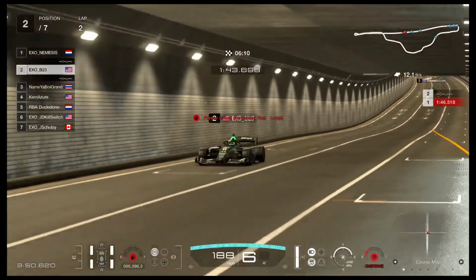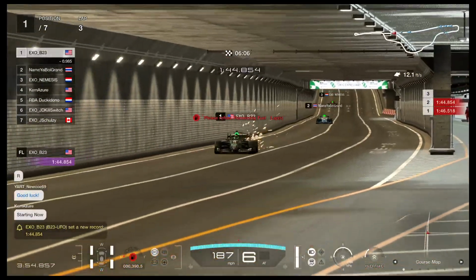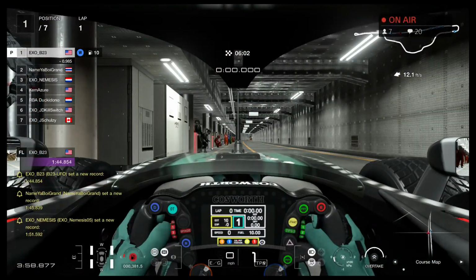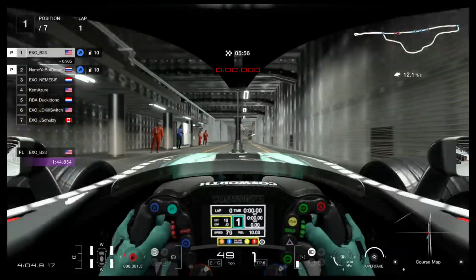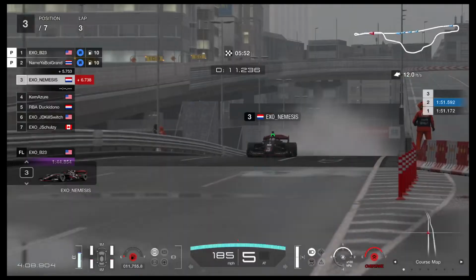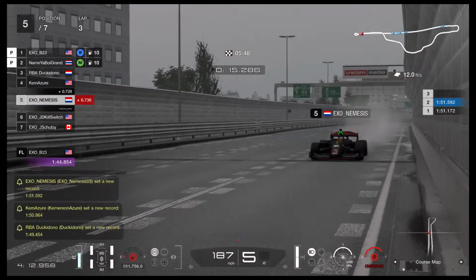But we are down to a little under halfway, and we haven't really seen a lot of times hit the board yet, despite the fact that the session is almost halfway done, and we're just now seeing these first times here. So these first few laps were definitely exploration laps, to see if the wet or intermediate tire was going to be the go-to. Right now the wets are seeming to be the go-to tire for this session,